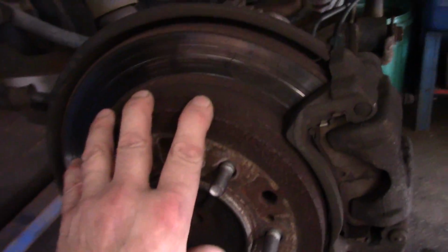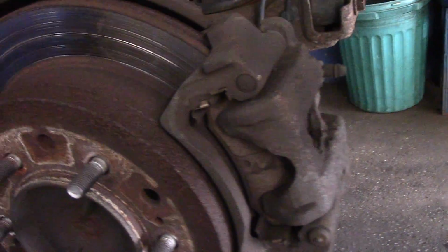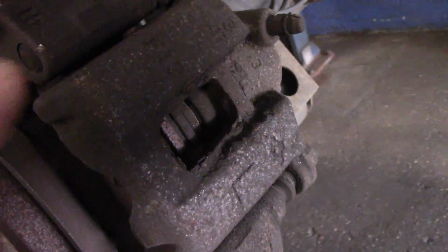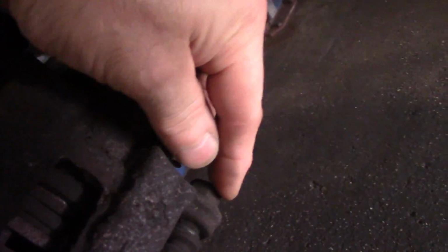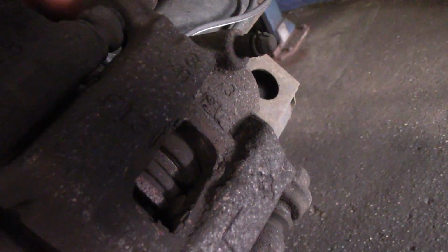All right, so what we're going to basically do is we're going to come over to the car here. We are going to change this rotor, like I said. You can see that this is worn down pretty significantly. We are going to come in here in the back, right over here, with a small little pry bar, and we're going to push that piston all the way back into the bore as far as it can go. Once it pushes in as far as it can go, we're going to take out that 17mm bolt there and there. We're going to take the caliper and lay it off to the side,